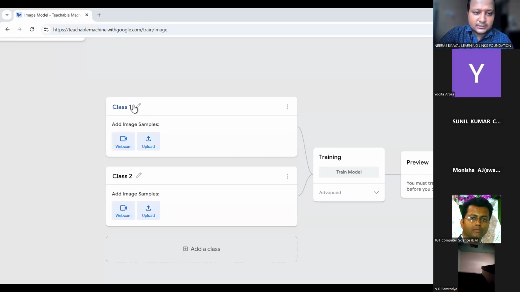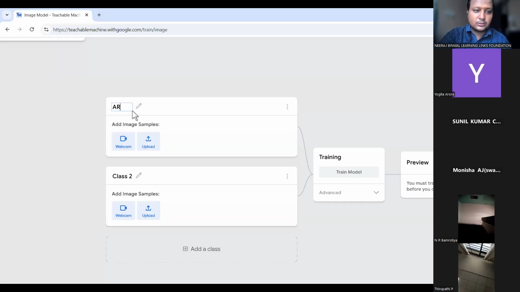So here, this is class one. What we will do is take some sample photos of different objects. For example, for the first class, I'll change the class name to Arduino. This is the first class where I will upload pictures of the Arduino. Second, I'll make it